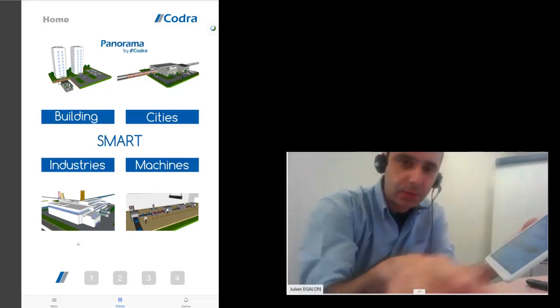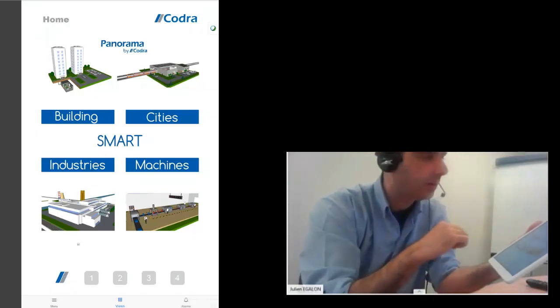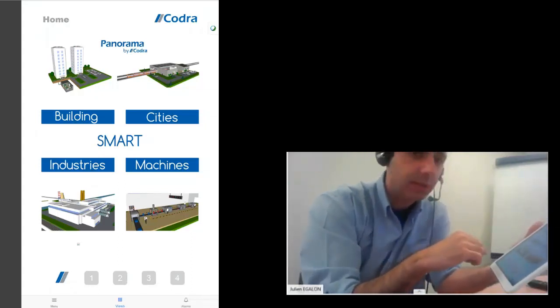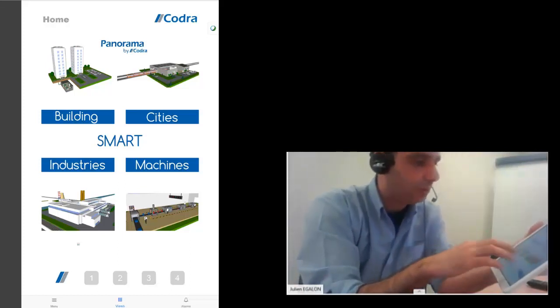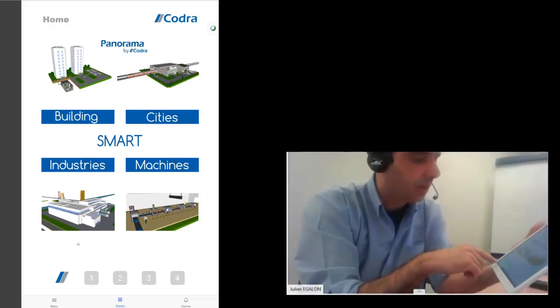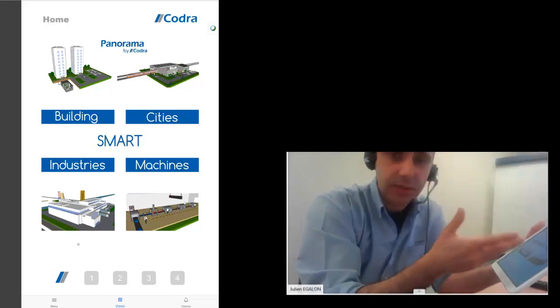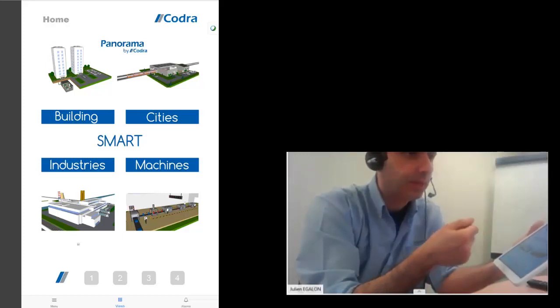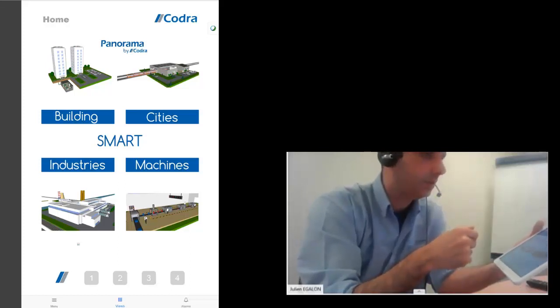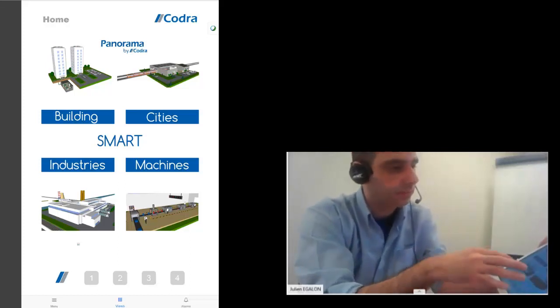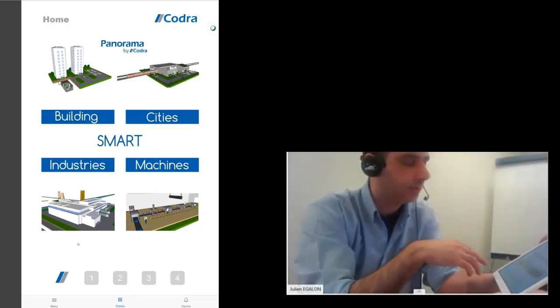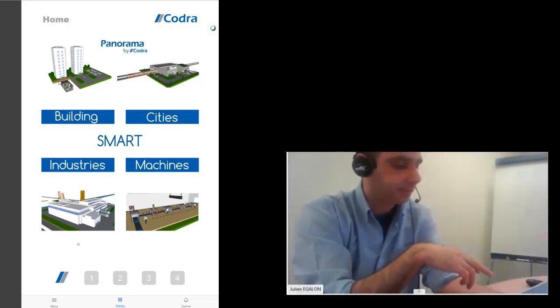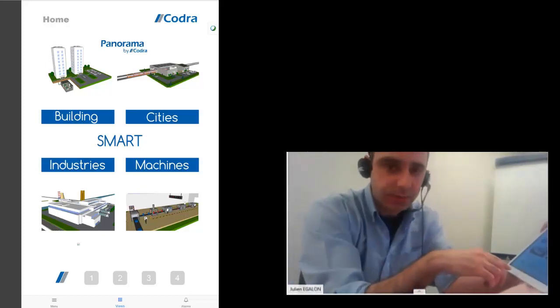So there is some latency between what you see and what I do on the screen and my webcam. You see both the screen and the webcam, so you see the actions I do. This is, how to say, a marketing demo. It's a specific layout. It's a way to present you all the features available in the mobile app.